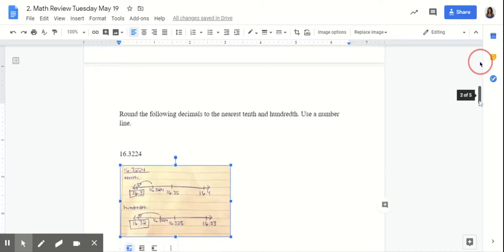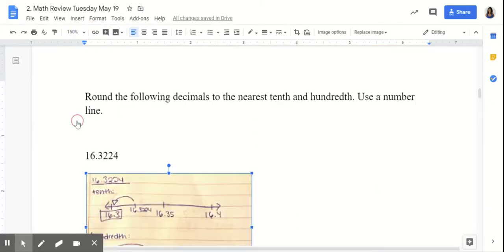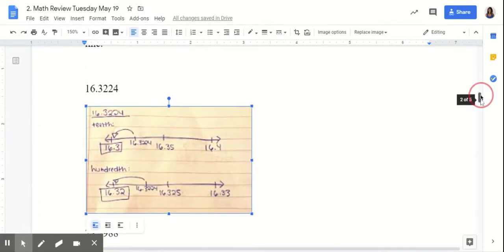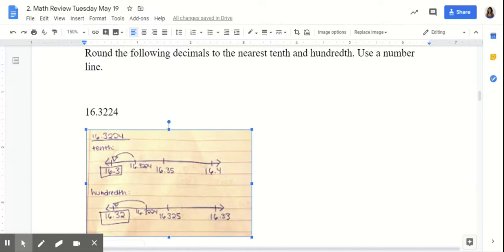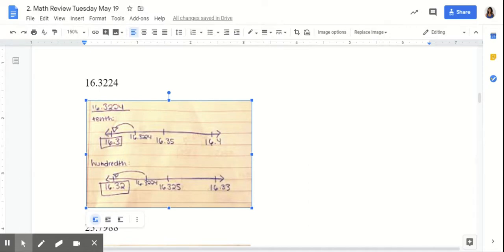All right. So let's get into the first one. I'm going to zoom in a little bit just so you guys can see what's going on here. So you guys were supposed to round each number to the nearest tenth and hundredth using a number line. So let's look at the first number, 16.3224. Now, for the nearest tenth, I made sure that my nearest tenth endpoints were 16.3, so 3/10, and 16